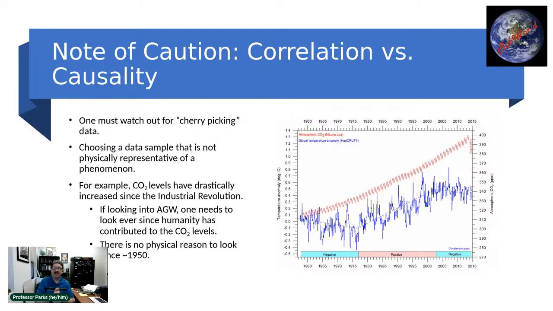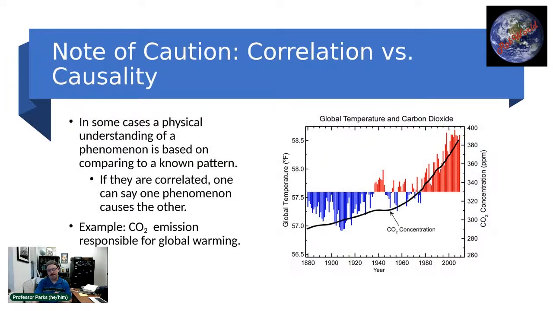Here, what we're looking at is the same plot. Basically, we're looking at the temperature, which is the blue squiggly line, over time, and the CO2 concentration over that same time. And what we see here is that the correlation breaks down. The CO2 concentration continually rises, whereas the temperature goes up and down. So sometimes it's correlated, sometimes it's anti-correlated.